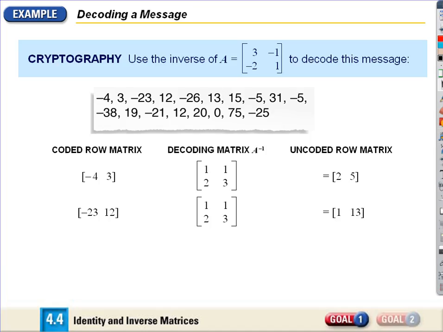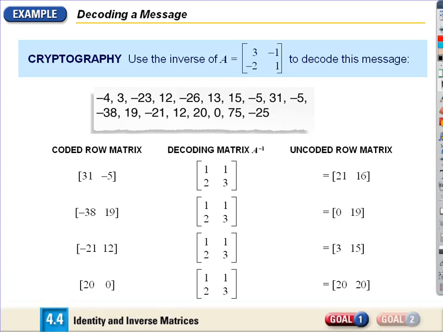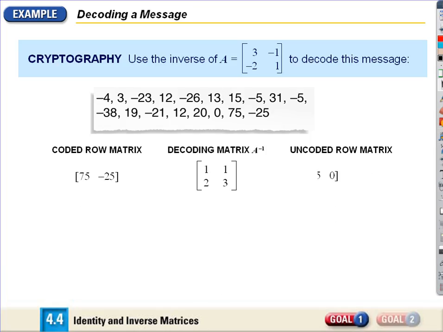So if we go all the way through this thing, what do we find here? Well, we go all the way through. There's the last one. Now the uncoded row matrices are as follows. If we line them all up, those were the answers we got after we uncoded them. Let's just convert those back to letters. And we get,